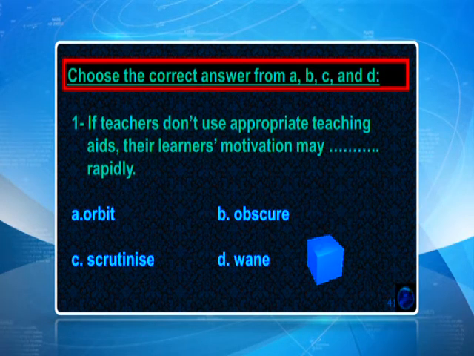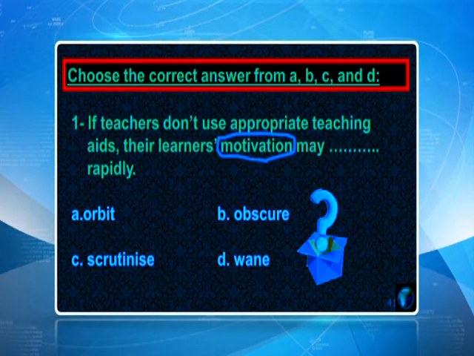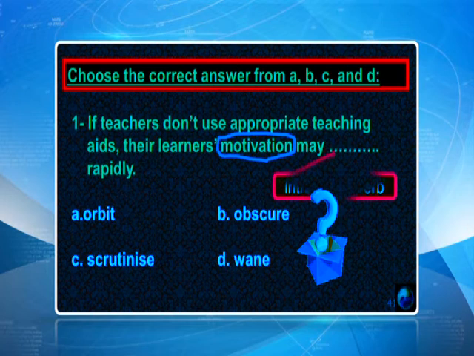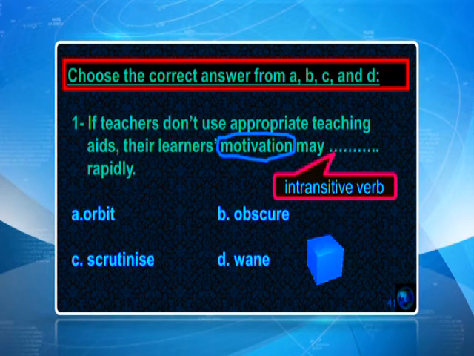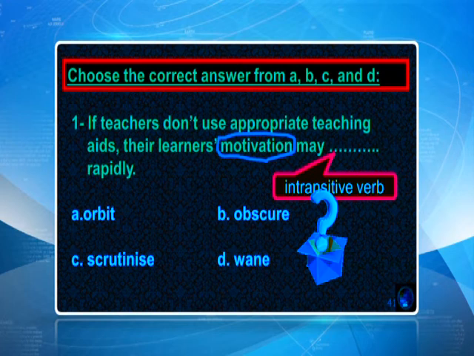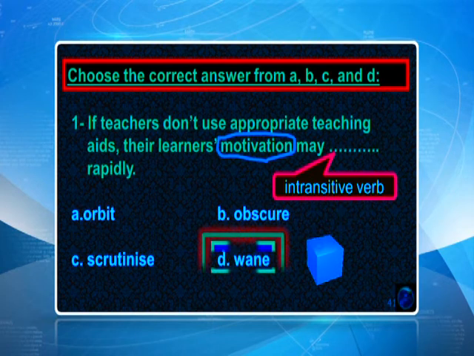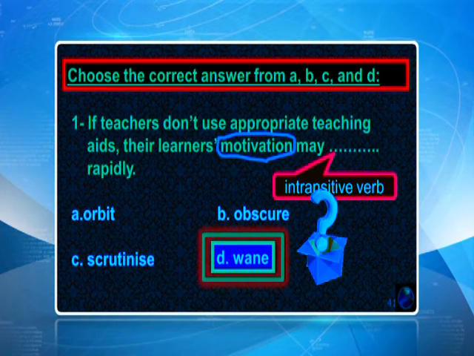If teachers don't use appropriate teaching aids, their learners' motivation may, and we need a word here, rapidly. Of course, here we have to concentrate on the stem to find out what cues or clues may help us. For example, here we are talking about the motivation of the learners, okay? And here we need a verb, which must be an intransitive verb because we don't have an object. So our choice is wane. So the sentence is, if teachers don't use appropriate teaching aids, their learners' motivation may